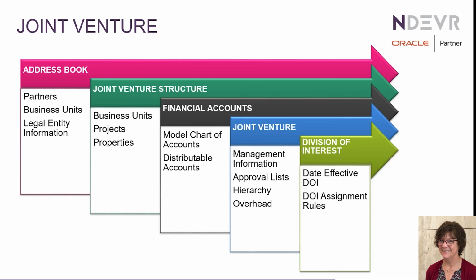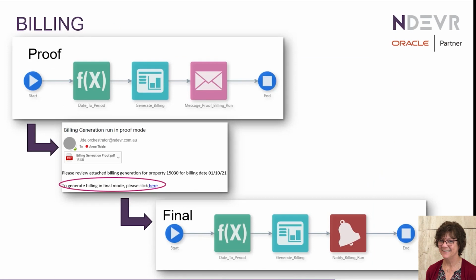Now, I'd like to show you some of the ideas or potentially what we can do using the system development tools to streamline the real estate management processes. So we all know that in property management, billing is critical. It's also time critical, and it can also be time consuming. So the orchestrator or the robotic process automation tool, we can streamline the process by automatically running the billing in proof mode,